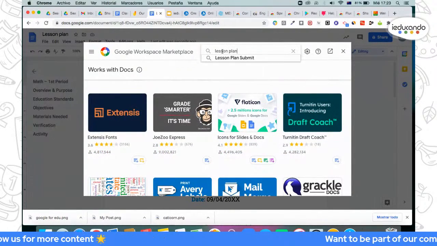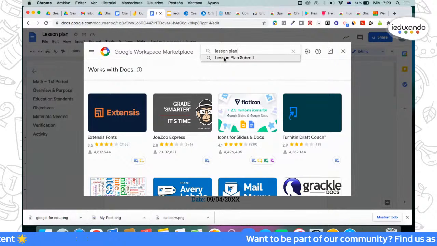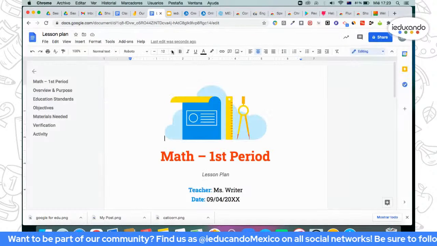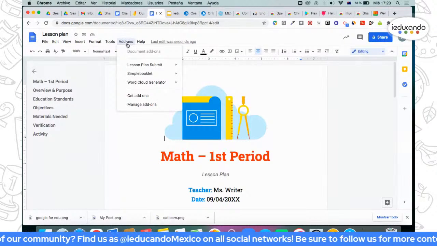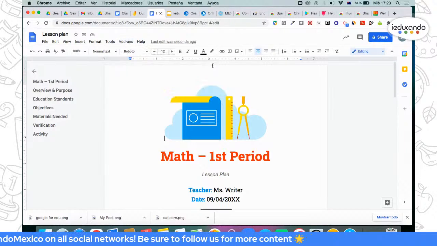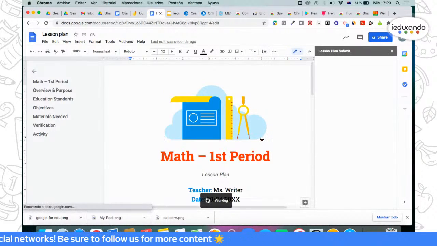Lesson Plan Submit. There it is. I already have it installed, but it's called Lesson Plan Submit. It's right here. And when it installs, you'll see it come up on your add-on button on your menu. And it's right here. And if I want to prepare a submission, I write up my lesson plan, whatever format I'm doing,